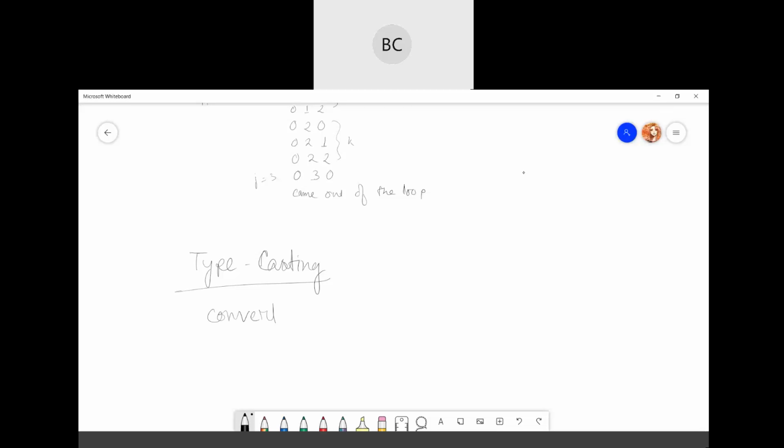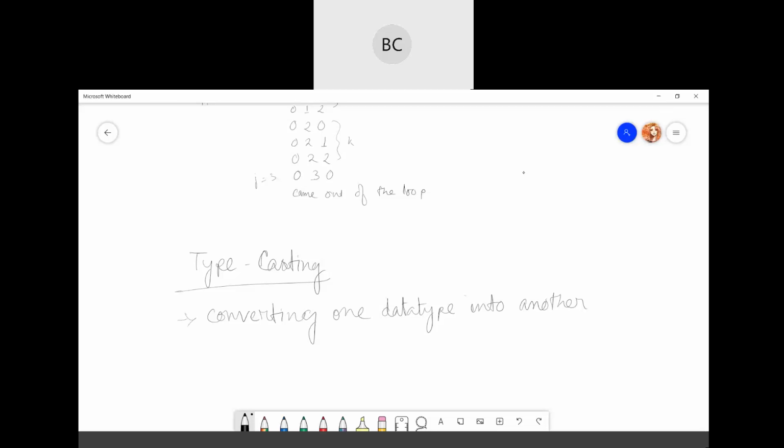So this is basically your typecasting or type conversion. Type conversion can be implicit or explicit.